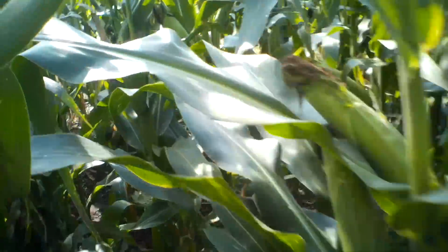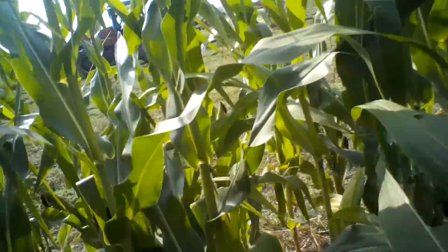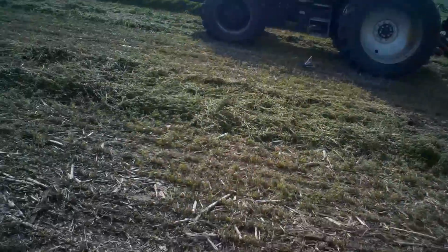Like a jungle out here. It's awful hot and humid in the cornfield. It's not too bad out of it, but the wind's blowing. So being in there, it's not very comfortable. But as you can see, I'm on the last pass, and